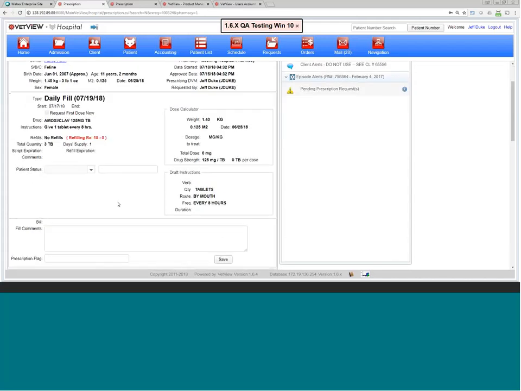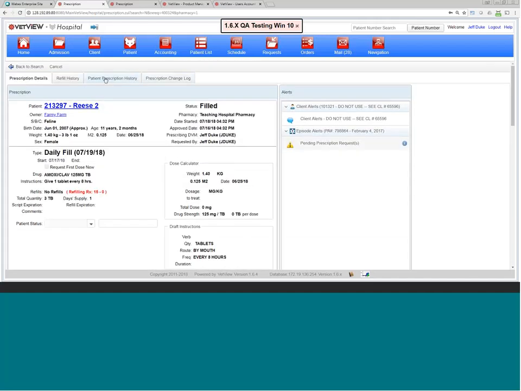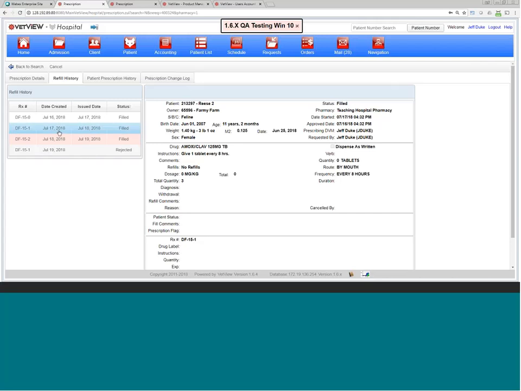The reason for that is we recently had some questions coming about, if I originally ordered it for, say, a 500 milligram tablet, but at some point it got substituted for 250 tablets in the refill process, which one does it refill? Does it go back to the original 500, or does it stay with the new 250 ones going forward? And so what we're going to do is have it go back to the original, but give you the option that if you wanted to, within just a click or two, you could pull in the alternate version, the 250 one, and use that as your current fill as well,